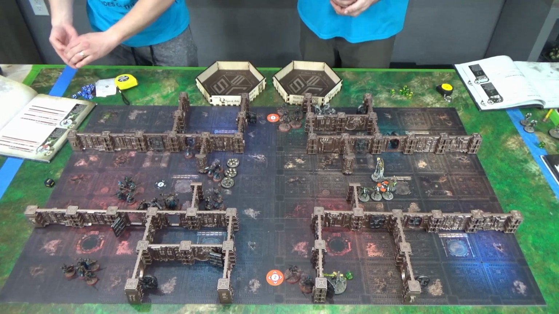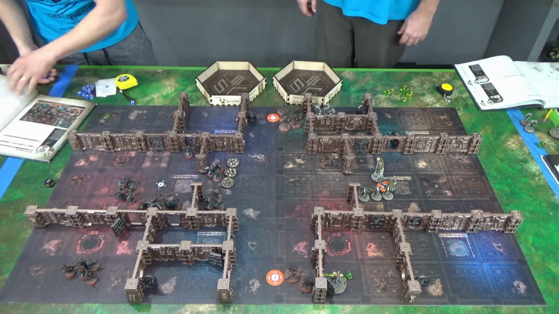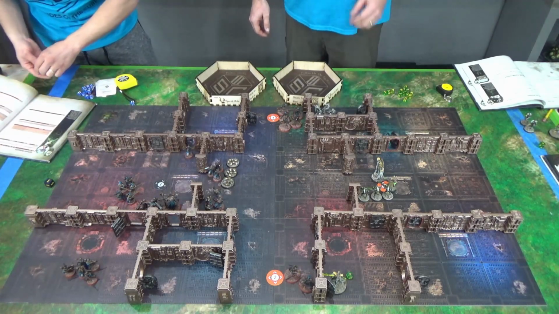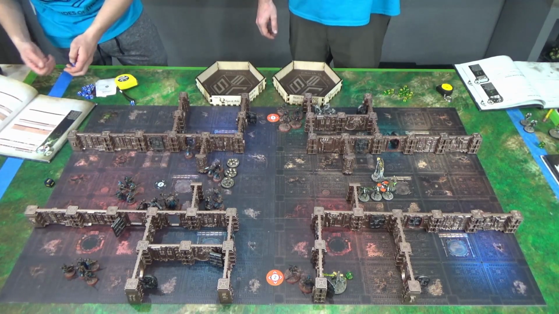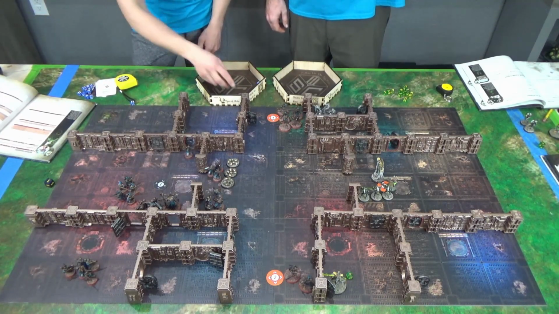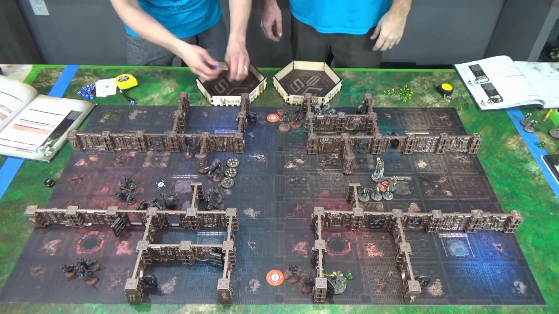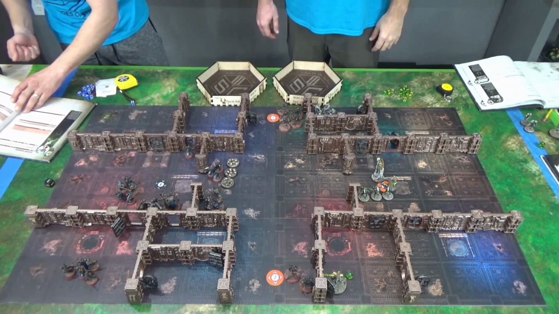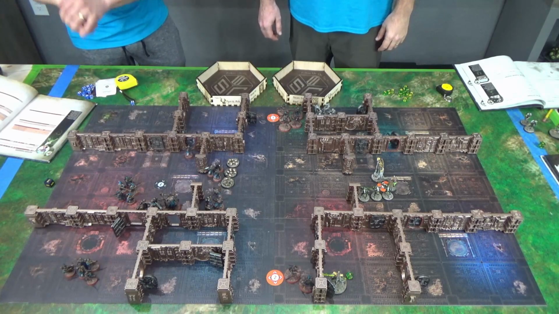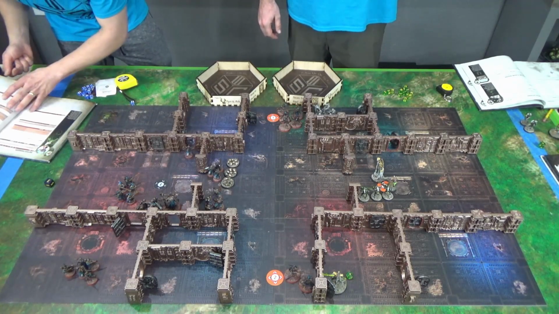Alright, so I'm going to start off with my Alpha. He has a Taser Goad. There we go. Oh, and there's a 6, so I get 2 extra hits. Whoa. Yes, 2 extra hits. So then they all hit. And the strength of that is...